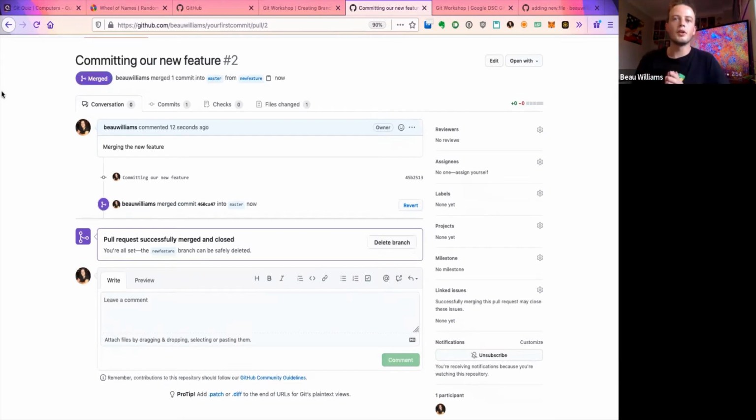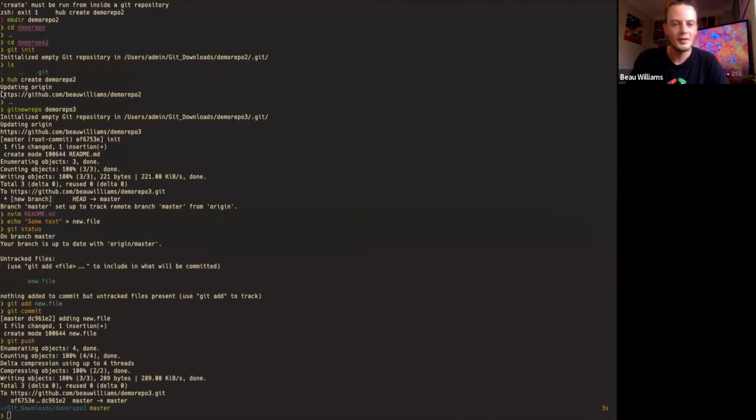Now, one problem that may arise when you're trying to merge a branch is conflicts. Conflicts are what happens when you've got two different branches working on the same code and they've made changes to the same code. And so who gets priority? Well, Git doesn't automatically assign priority to any branch. It's up to the developer to make the decision based on what code. And so you can use GitHub to merge the conflicts. It'll give you an interactive interface to do it. I won't go into too much detail because it can be a bit complicated and messy to do.